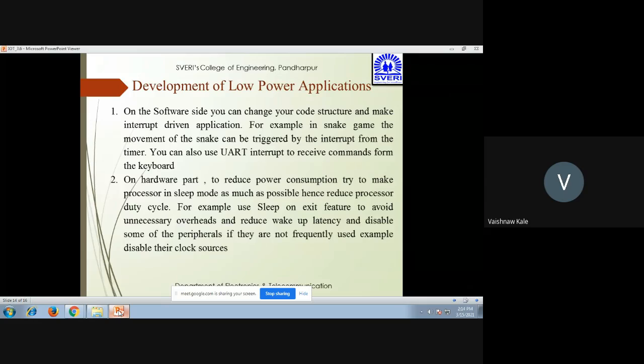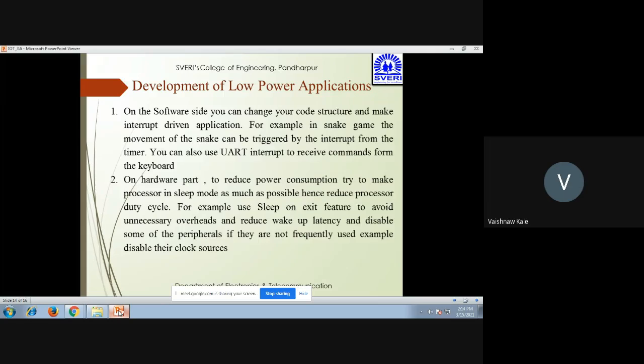On the software side, change the code structure into an interrupt driven application. On the hardware side, keep the processor in sleep mode as much as possible, hence reducing the duty cycle of the processor.